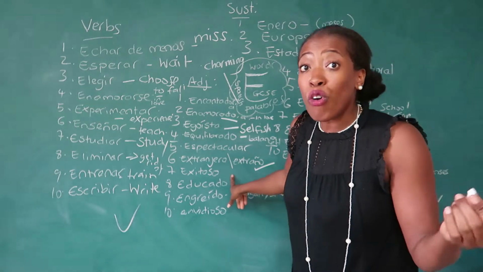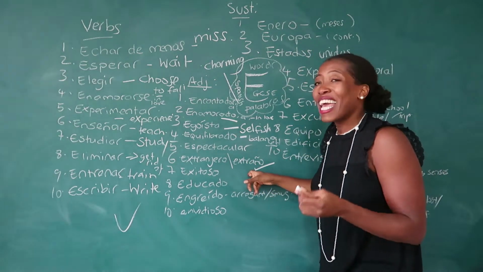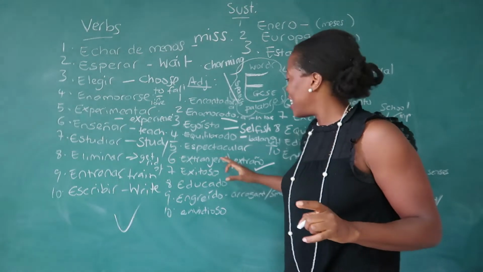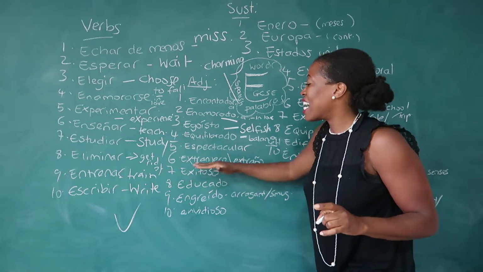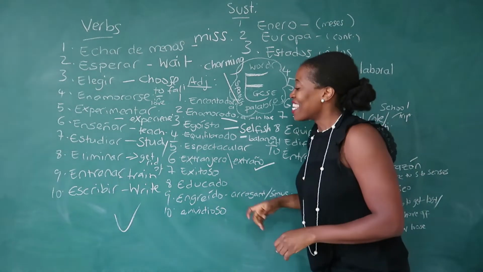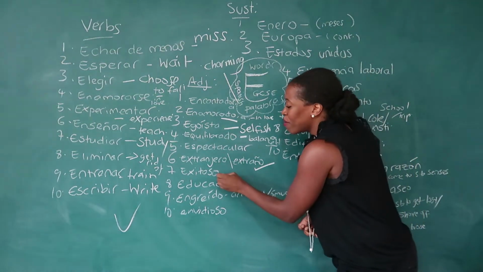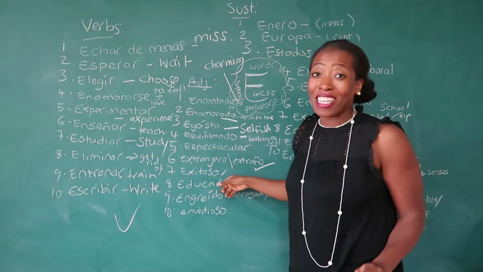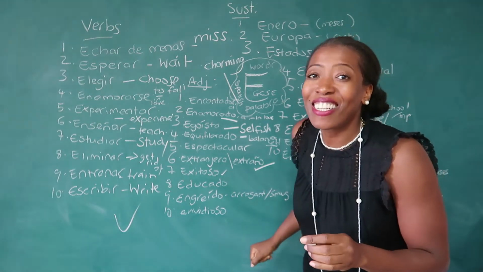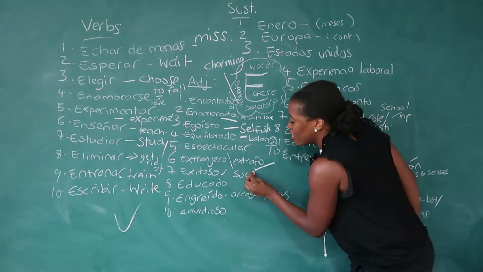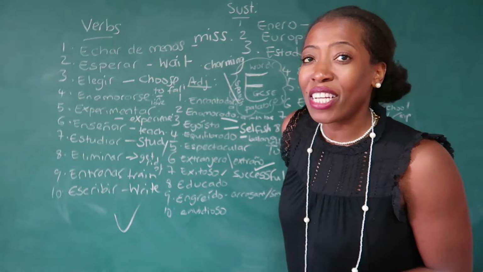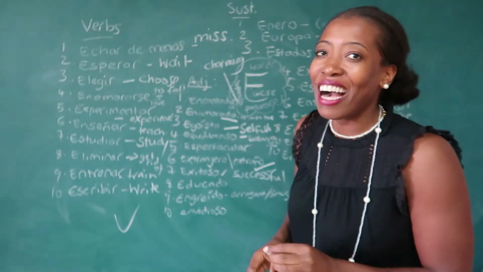Right, next one, which is, again, essential, extranjero. Extranjero, foreign. Okay? Or extraño is strange. So these two adjectives you need to know. Extraño is strange. Extranjero is foreign. Okay? Right. Next one we have is, and we see this time and time again in most of our exam papers, exitoso, which means successful. Okay, successful. You have a lot of success. Es un actor muy exitoso. He's a very successful actor.